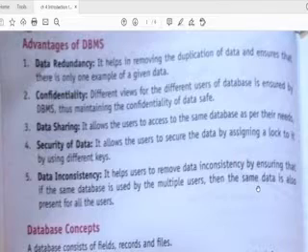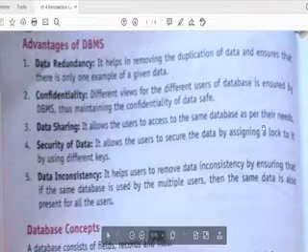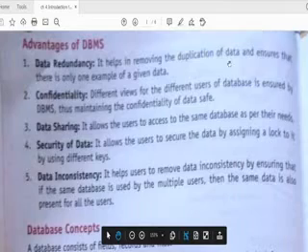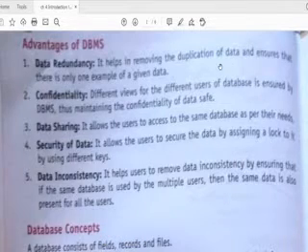Why? Because 99% in Access we create only one table. Whatever addition or change is done, it will be done on one table only, and all the teachers can share that particular table. So that is what we say, data redundancy is removed. Otherwise we can have duplicate data, or we are having some different data. That will not happen when we have a database management system.